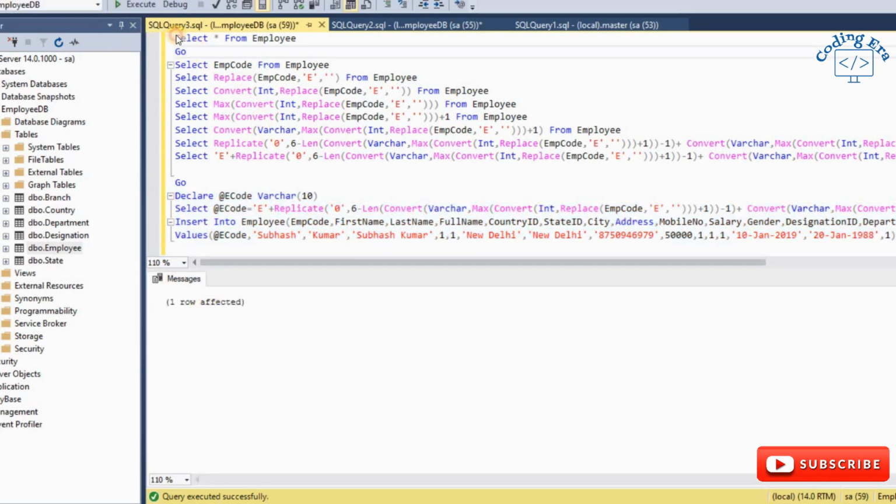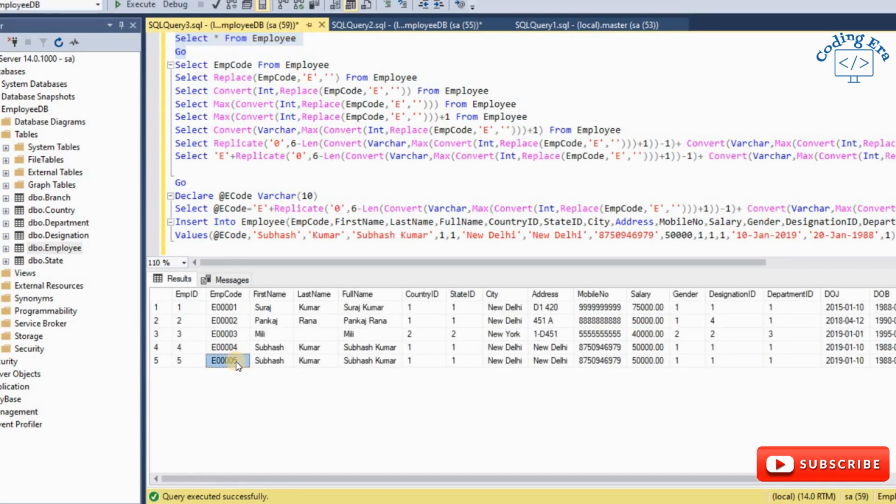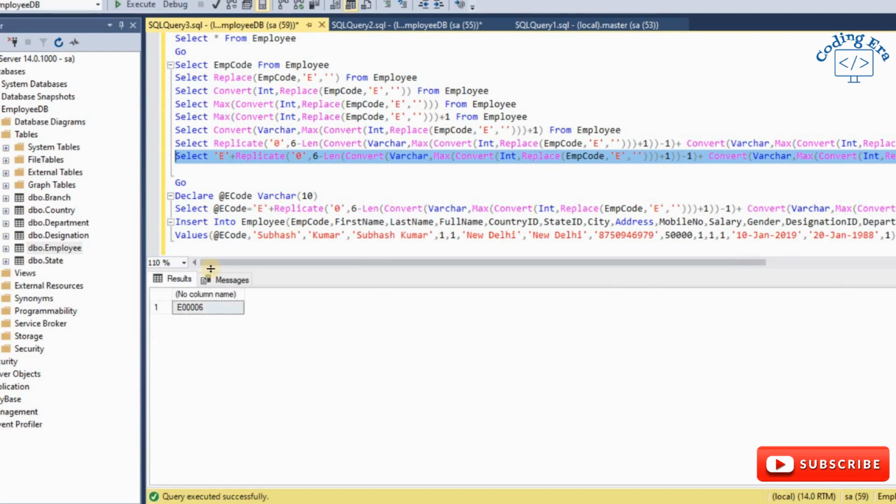When I select the employee table, you can see here EMP code E00005 has been saved. And when I generate the next number, let's execute this query, and you can see here, yes, E00006 will be the next number.